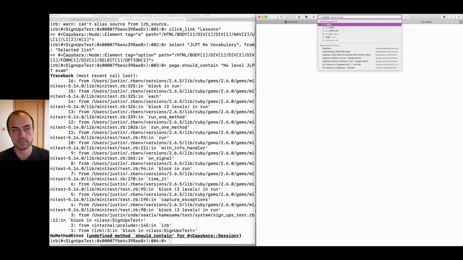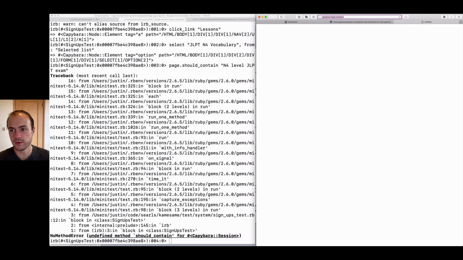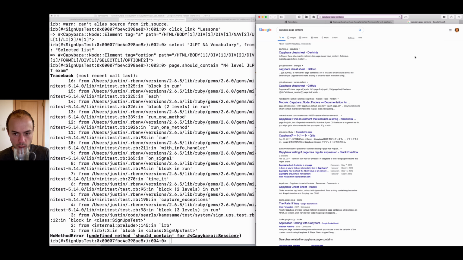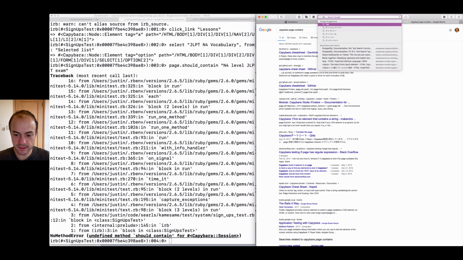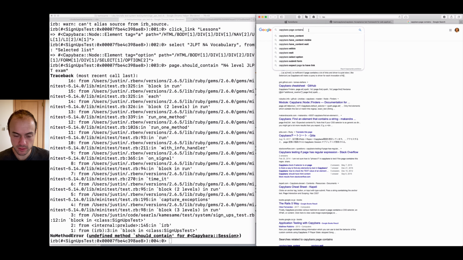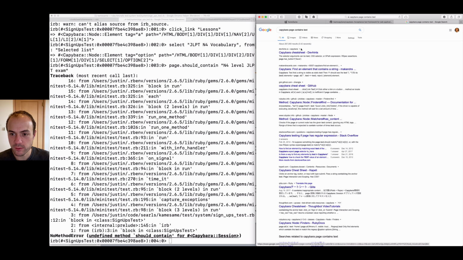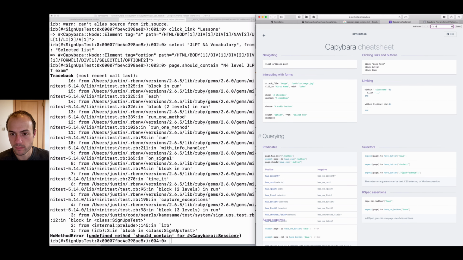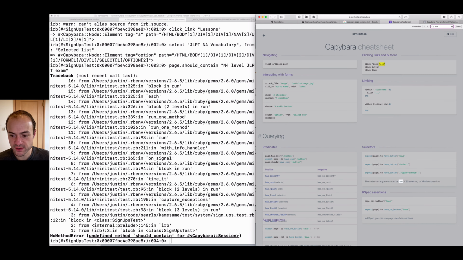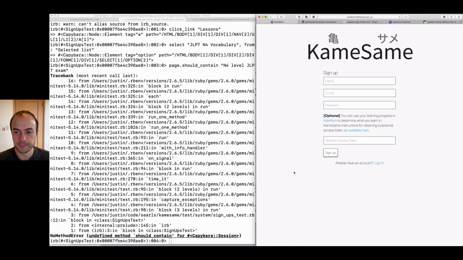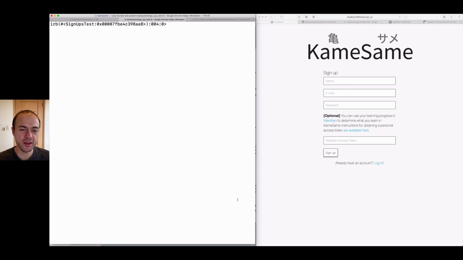Capybara page contains. Come on. Ah, damn it. I knew it's not that hard. I know that this is a thing that I do all the time. All right, well, maybe it isn't this cheat sheet. Has content. Page has content. There we go. Okay. And one thing too, you'll notice that a lot of browser testing tools don't use assertion-y